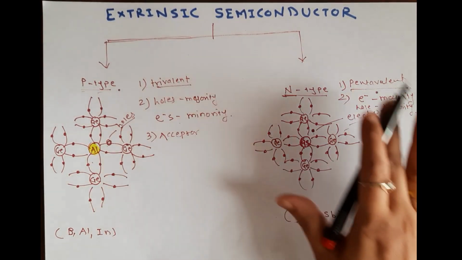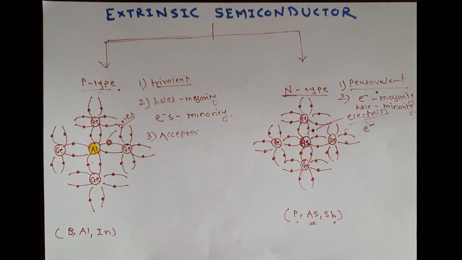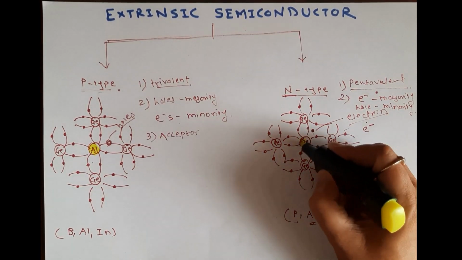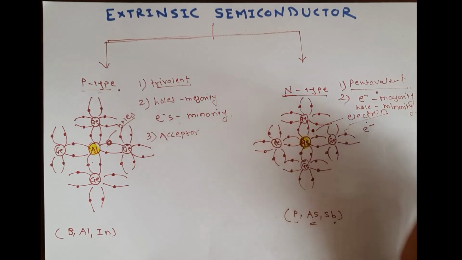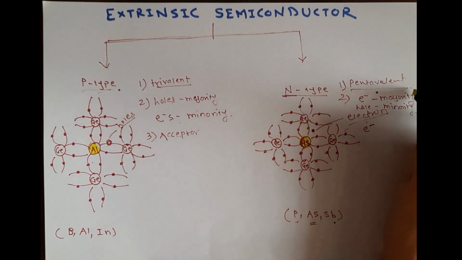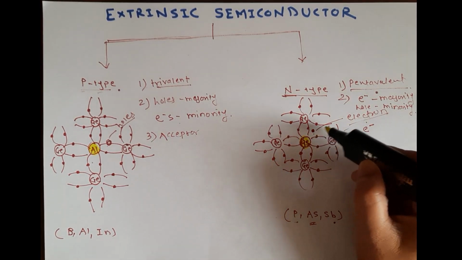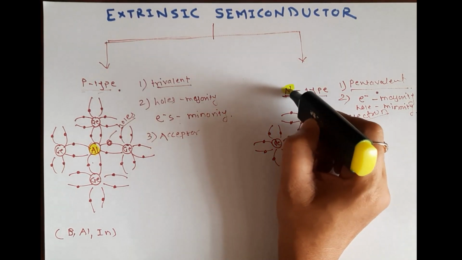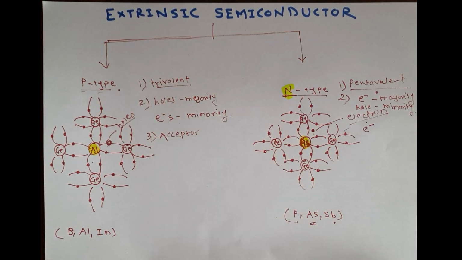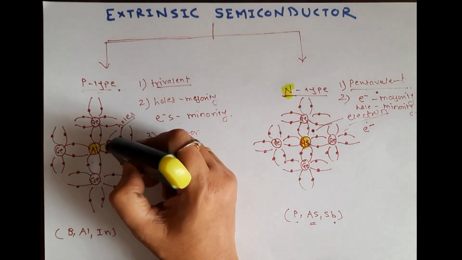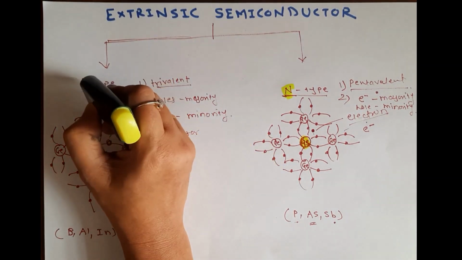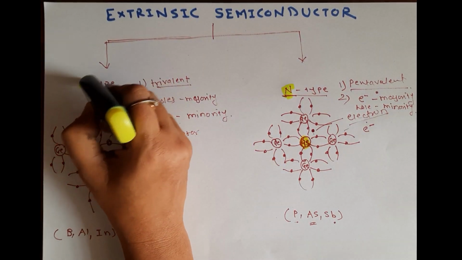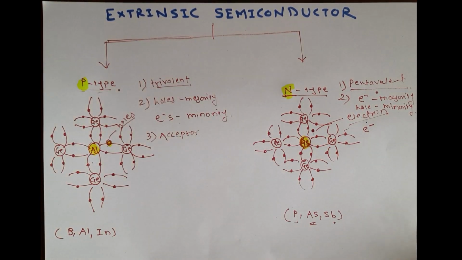So you can see in this figure that when we added this arsenic as a dopant, which is a pentavalent impurity, meaning it has 5 valence electrons, we get 1 free electron. So the electron is a charge carrier, and we call it n-type semiconductor. And when the hole is a charge carrier, the charge is positive, so we call it p-type semiconductor.